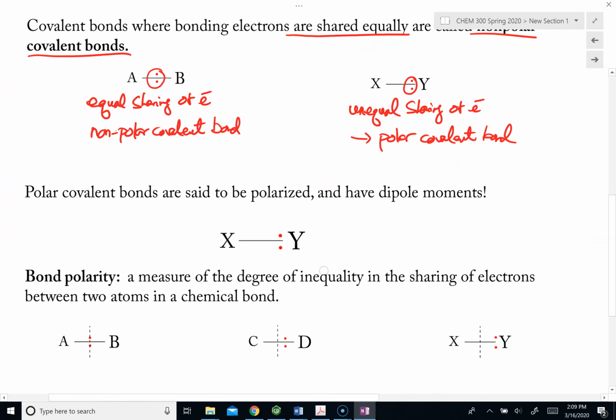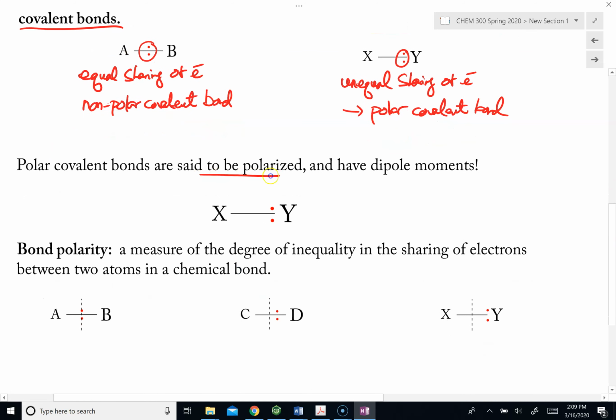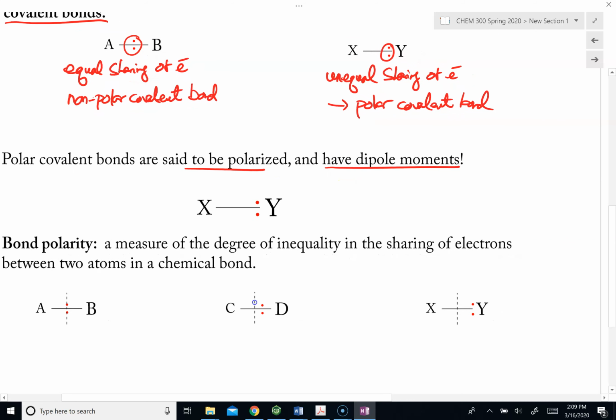And anytime that we have a polar covalent bond, the bond is then said to be polarized, and it has something that we call a dipole moment. So going back to the bond between X and Y, this is a polar covalent bond, and anytime that we have a polar covalent bond, there is a dipole moment. To show this dipole moment, we represent that by drawing an arrow. On the other end, we can see that it has something that looks like a half of a positive